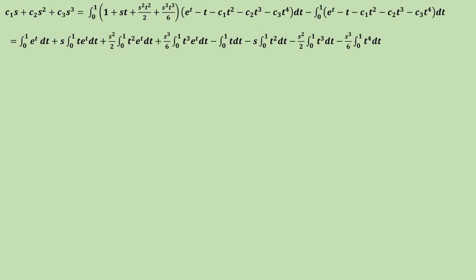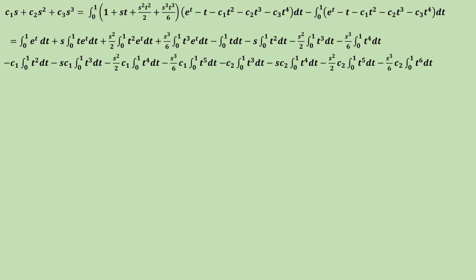integral 0 to 1 t cube e power t dt minus integral 0 to 1 t dt minus s into integral 0 to 1 t square dt minus s square by 2 integral 0 to 1 t cube dt minus s cube by 6 integral 0 to 1 t power 4 dt minus c1 into integral 0 to 1 t square dt minus s c1 integral 0 to 1 t cube dt minus s square by 2 c1 integral 0 to 1 t power 4 dt minus s cube by 6 c1 integral 0 to 1 t power 5